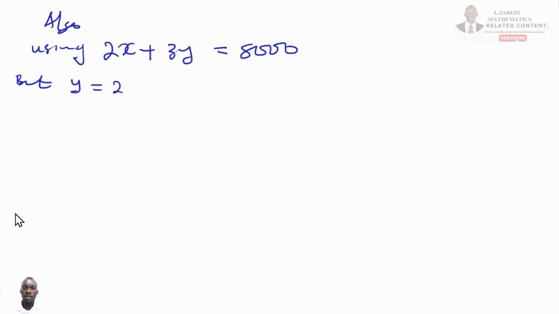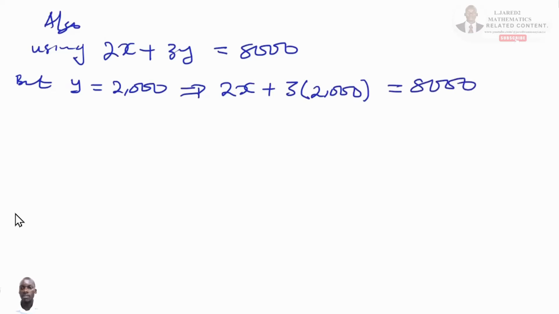Let us use the equation 1, which is the 2x plus the 3y equaling to the 8,000. But we have gotten y, which is equal to the 2,000, implying that by substituting, we are going to have the 2x plus the 3 multiplied by our y, which is the 2,000, equals to the 8,000 shillings. So as we simplify this equation, we have the 2x plus 3 multiplied by the 2,000, we have the 6,000